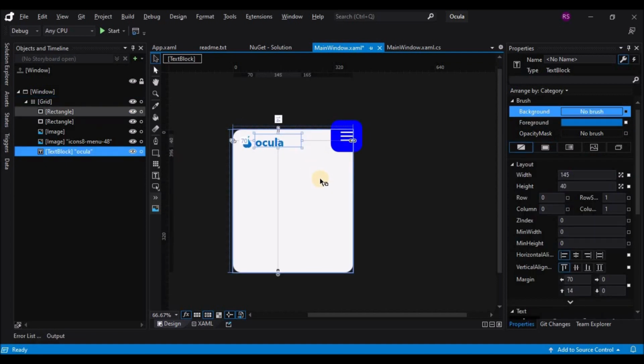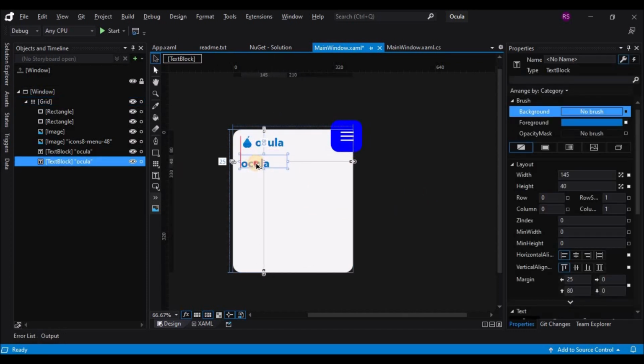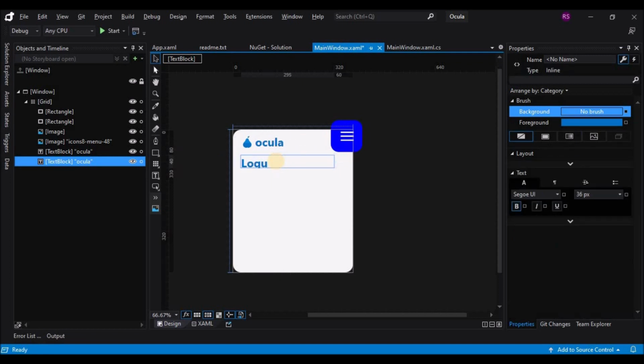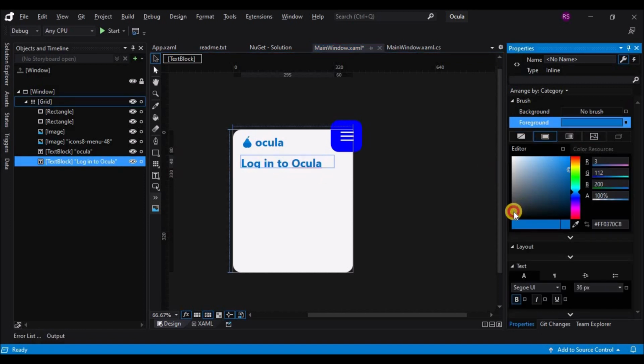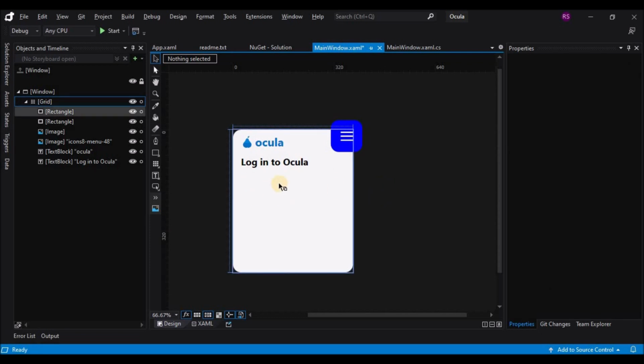Okay, now let's move on to the next element, that is the email and password and also a small label. So let's finish this label first. Change the fore color to black and also change the font size. So that's done. Yeah. So next, let's move on to the actual controls that we are going to use from